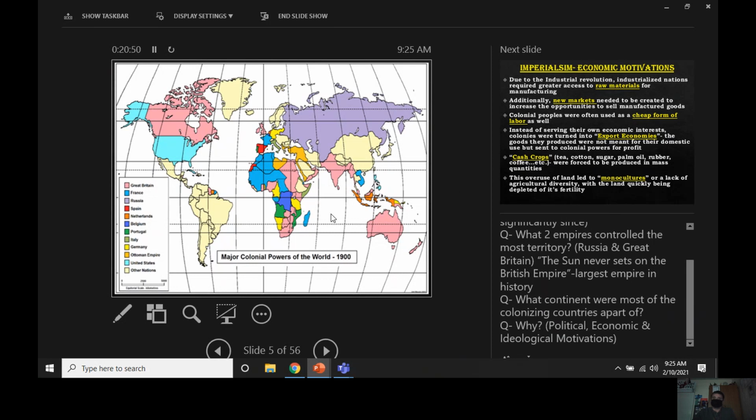Look at all that British territory, though, in the pink. That's why they're the largest empire in world history. There's this old saying, and it might be worth writing down. You may have heard it. It says the sun never sets on the British Empire. And the idea is, they had colonies or territories under their influence everywhere. So literally, you look worldwide, the sun would never set on some area that they were in control of.